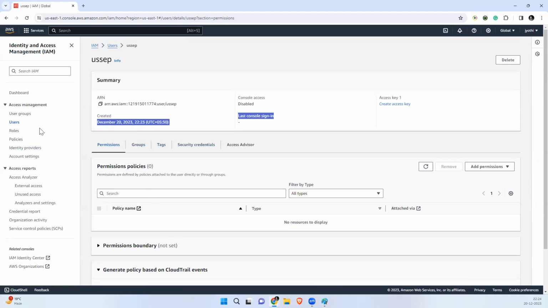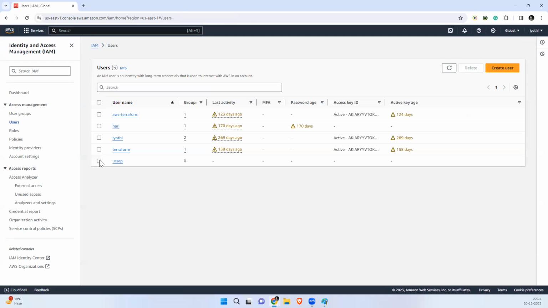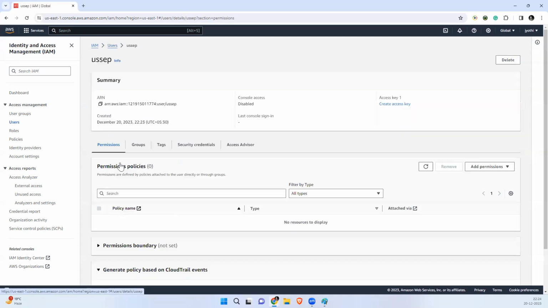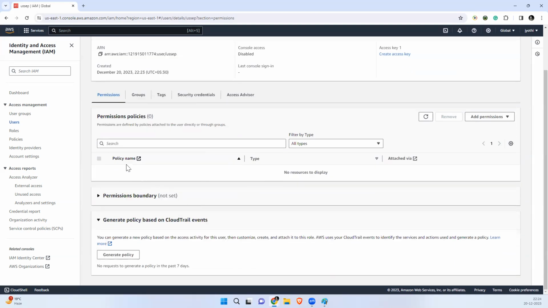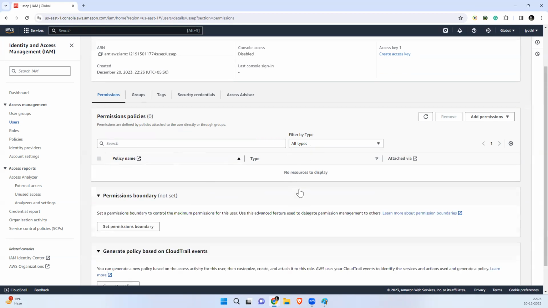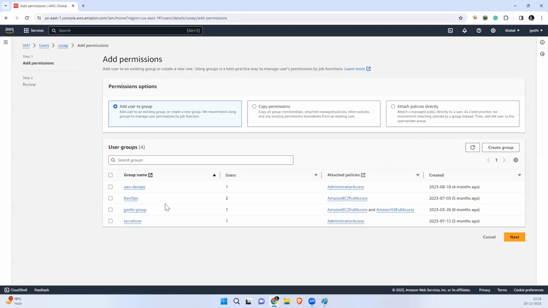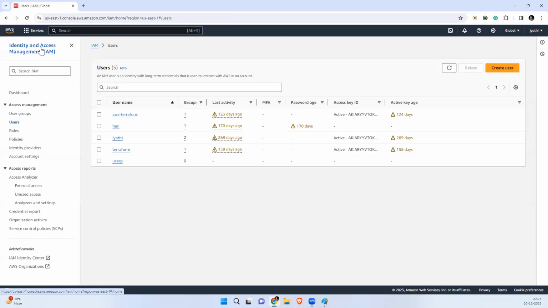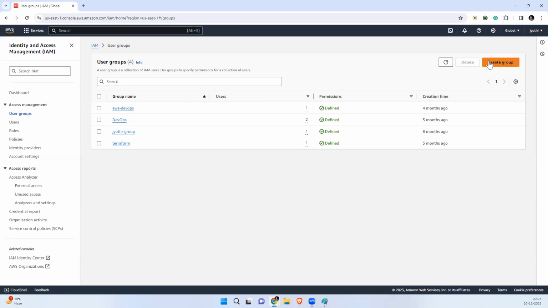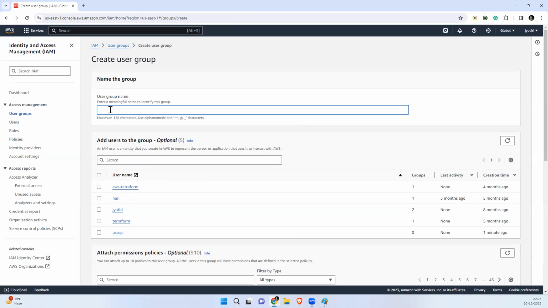For this user, if you want to attach a permissions policy, you can add permissions. For example, if you want to add the user to a group like a DevOps group, we first need to create the group. For user groups, for example, I'm creating a developer group.